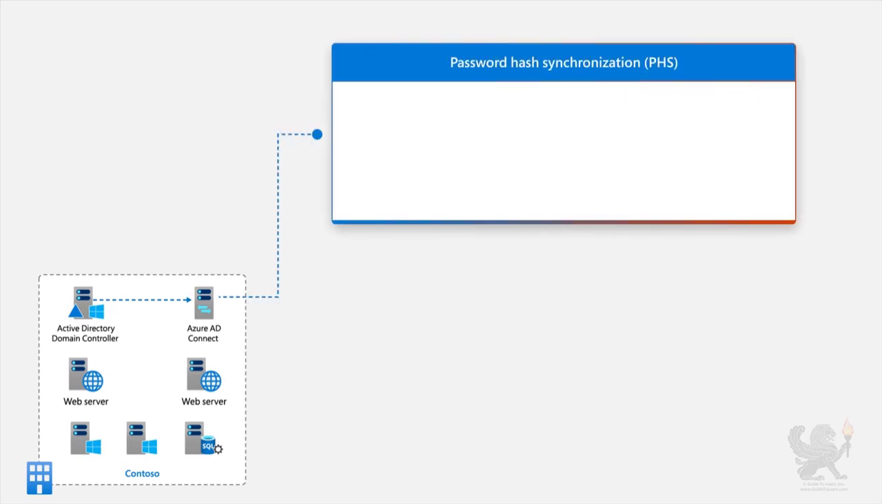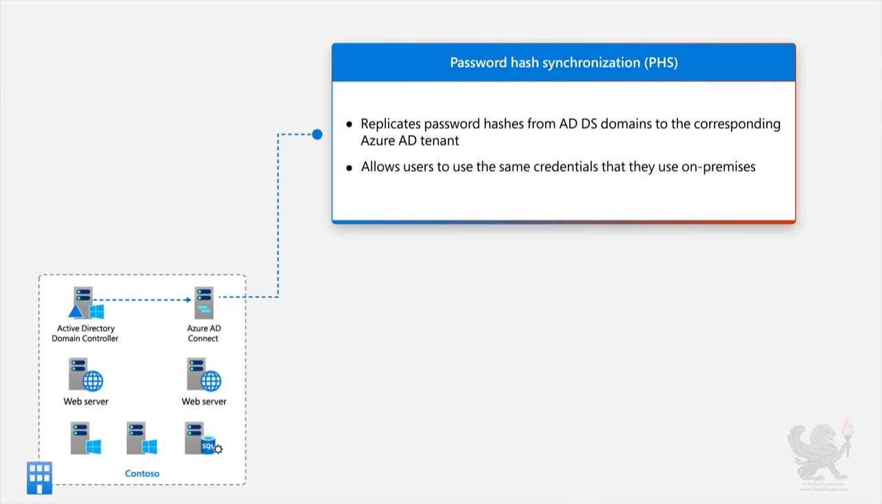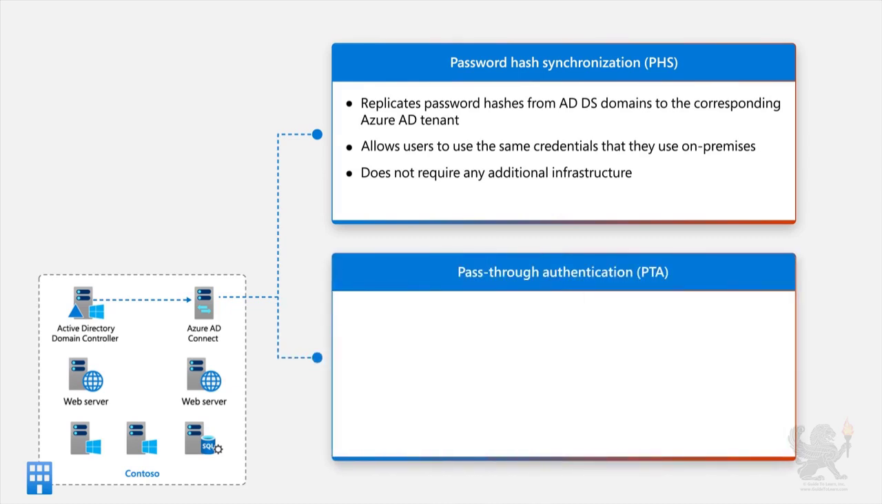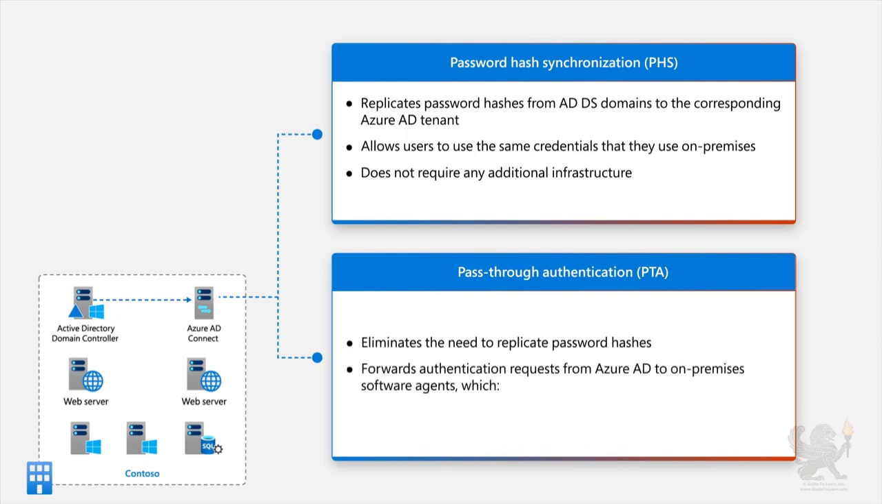Password hash synchronization, or PHS, which replicates password hashes from AD/DS domains to the corresponding Azure AD tenant, allowing users to use the same credentials that they use on premises without having to deploy any additional infrastructure besides Azure AD Connect. Pass-through authentication, or PTA, which eliminates the need to replicate password hashes, but instead validates users' credentials by forwarding